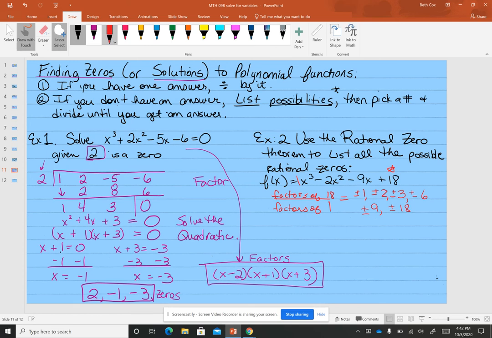Now, the next step, which I'm not going to do right now in this video, would be to divide with one of those numbers. Pick a number, any number, and start dividing. Once I divide and find one that works, then I use the quadratic formula or factoring to find the rest of them. So that's how this works. You put these two things together and we'll have the next